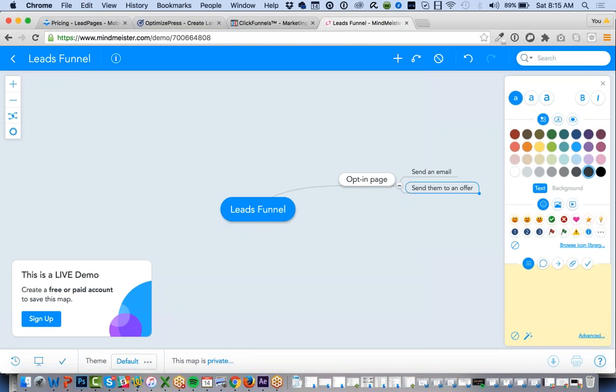So that's for paid traffic. It's important for paid traffic, and it is important for free traffic and solo ads as well. You want to have some sort of offer so you can make money immediately. Now, this offer should be a low-cost item. It shouldn't be